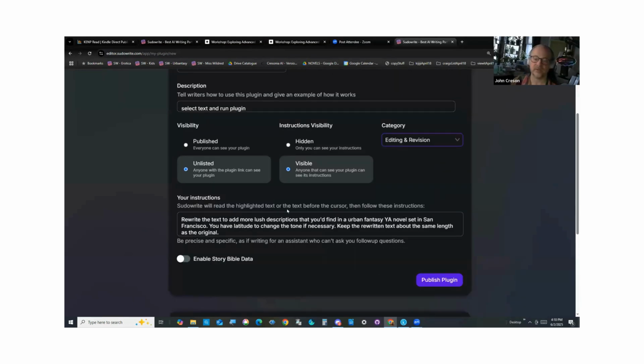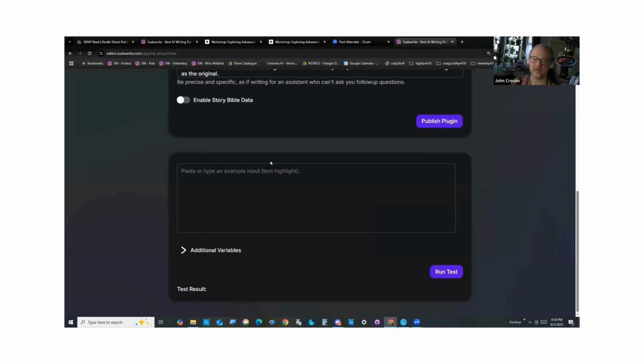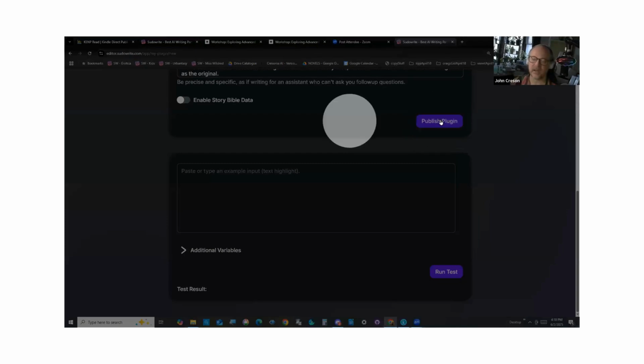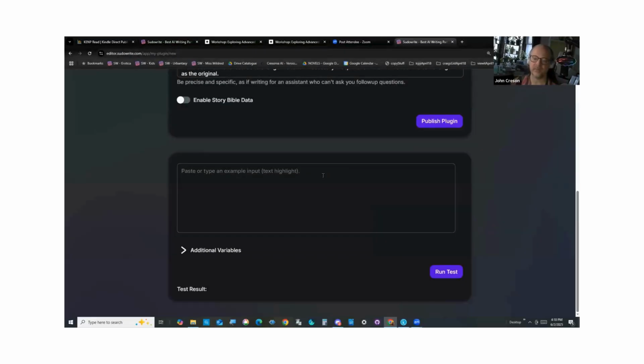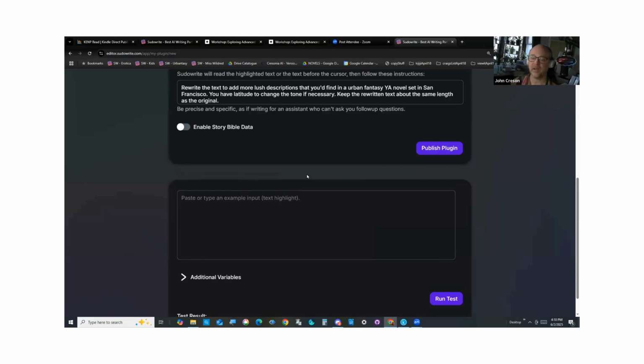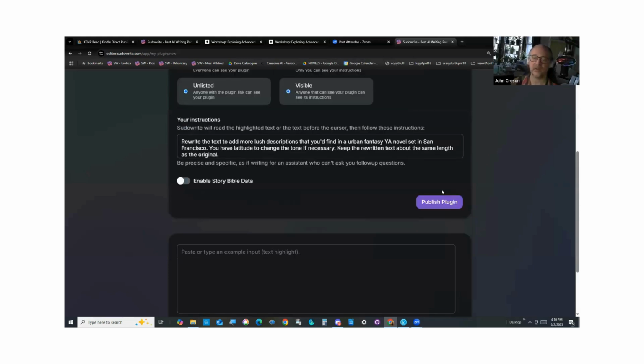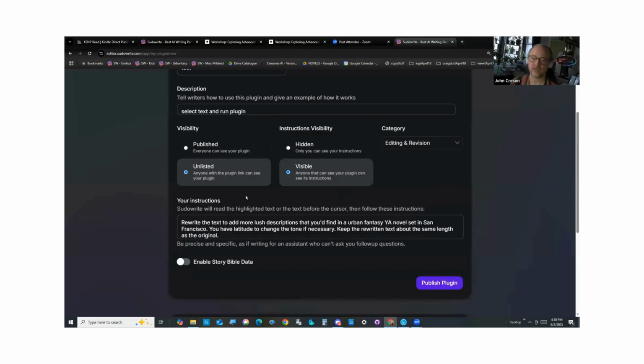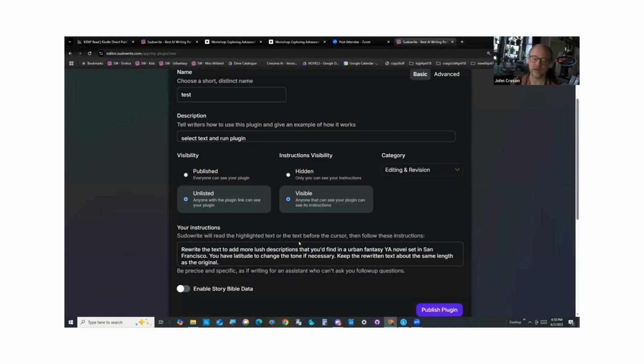There's a set of instructions. Now look, this is down here. There's like a testing area. See where it says publish plugin here. That's where you would hit. If you hit that, it's going to publish it and it'll take you out. After you've published it and you can edit the plugin, you can save it without getting kicked out of the editor. So the instructions that are in here, the default ones are not so great, but you can say something like